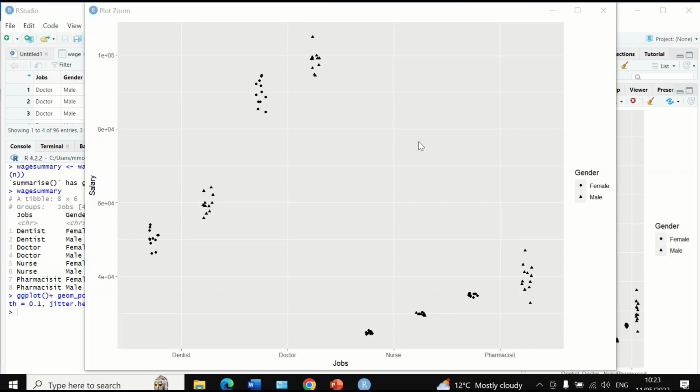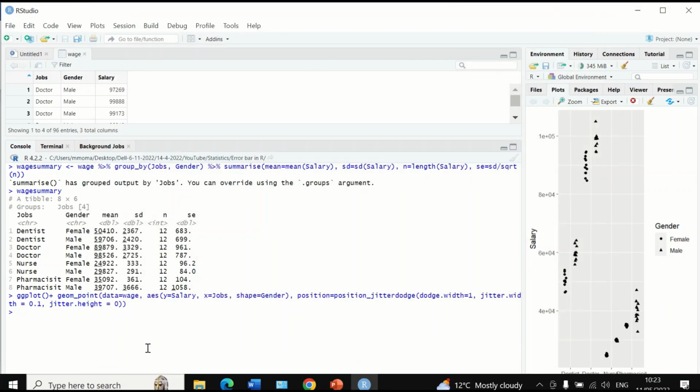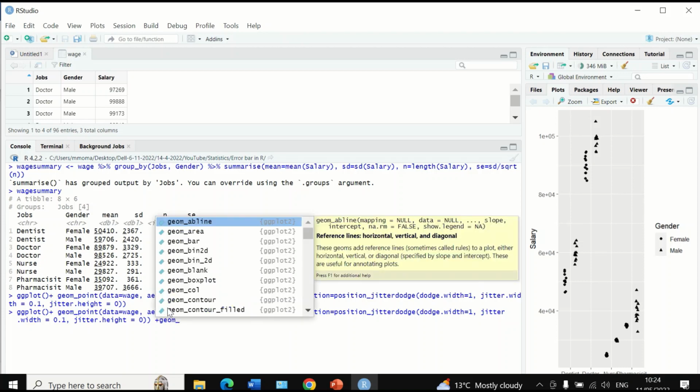To add the error bar to this graph, close that graph, then we need to add the standard deviation, or mean plus or minus standard deviation or standard error. In the current case, I will add the mean plus or minus standard error. And the way to do that is to first copy the command and then place it here, paste, and then insert a plus sign, and again type geom underscore point,